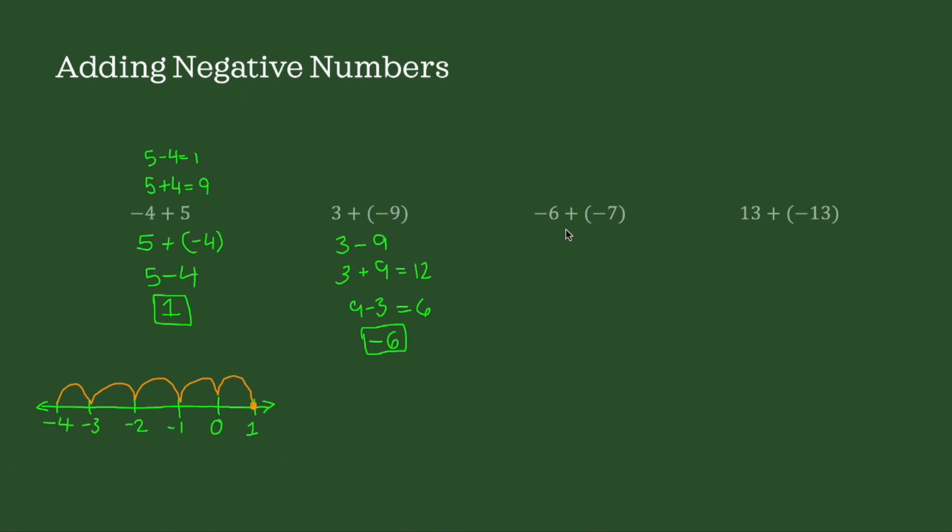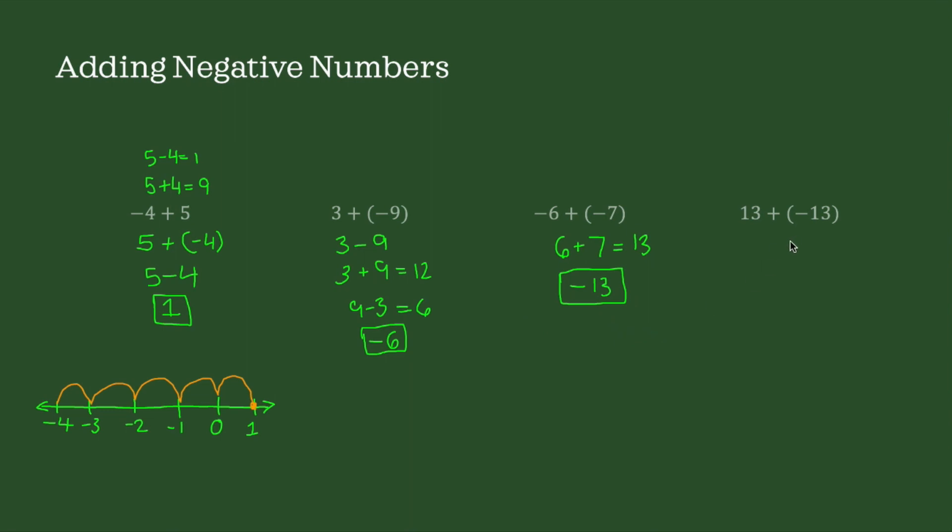So let's take this one. Negative 6 plus negative 7. Now we're adding two negatives, and we know that that will result in a smaller negative number. And this one is easier than these two, because now we're not having to worry about any positive numbers or something like that. So all we do here is we ignore the negative signs, add them together to get 13, and just add the negative in front to get negative 13. And that's our answer. Now, if you don't believe me, you can always go ahead and do the number line to double check this answer.